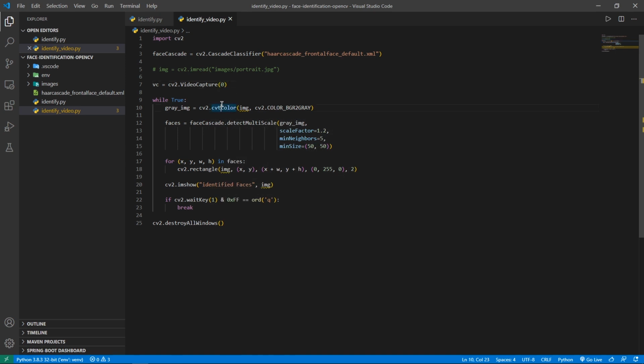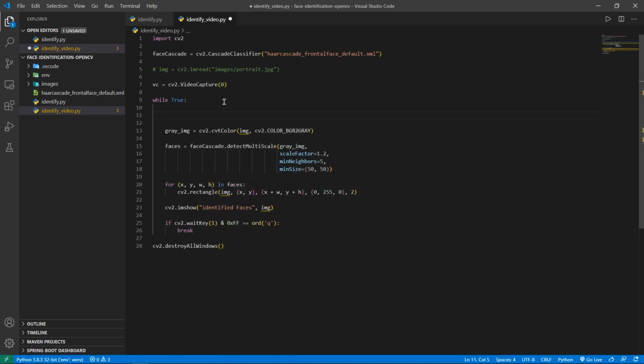So once you're done initializing the video camera, inside the while loop, you have to read each and every frame. So the way that you do that is something like this. So we're gonna use the read method to read the image or the frame from the video capture. And this read method is going to return 2 values. The first value is going to represent whether it was able to successfully capture the frame or not. And the second one is the image itself. And since we only want the image and I don't want the notification that it has been successfully done or not, what I'm going to do is that I'm going to give it as underscore. And it's going to imply that you can just ignore this.